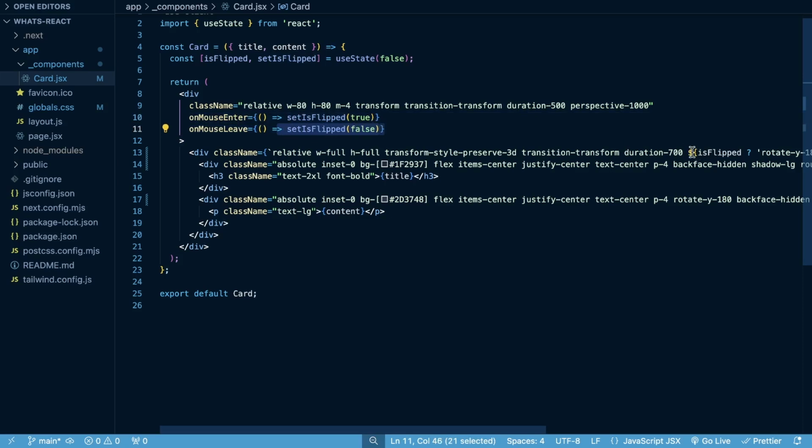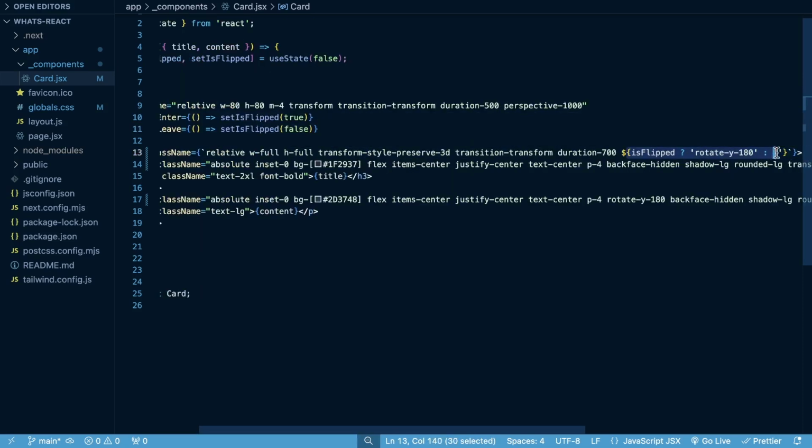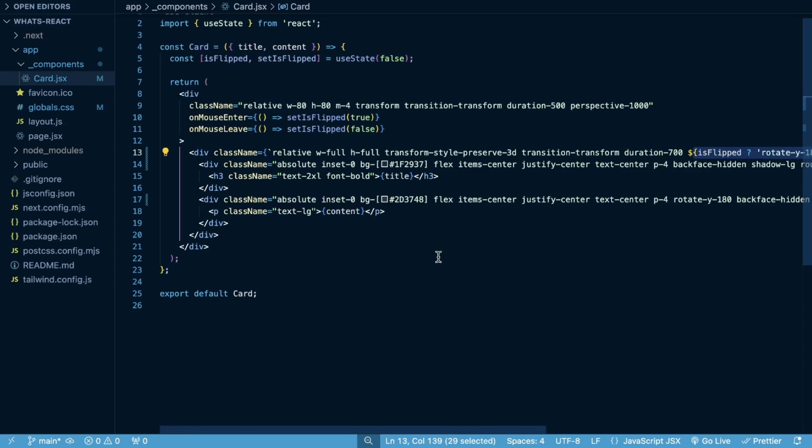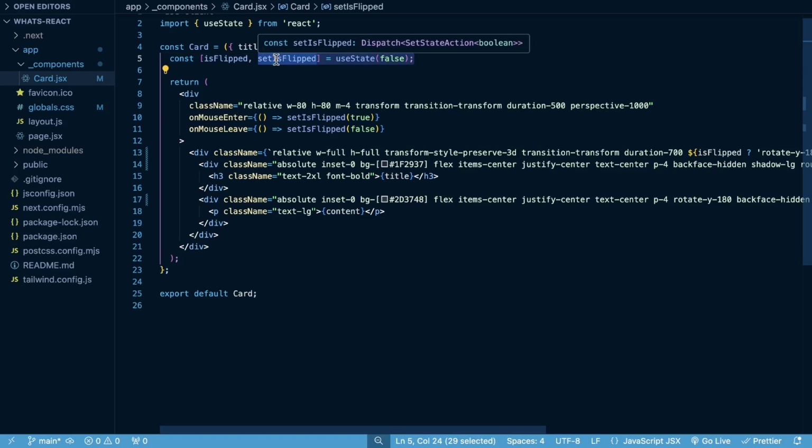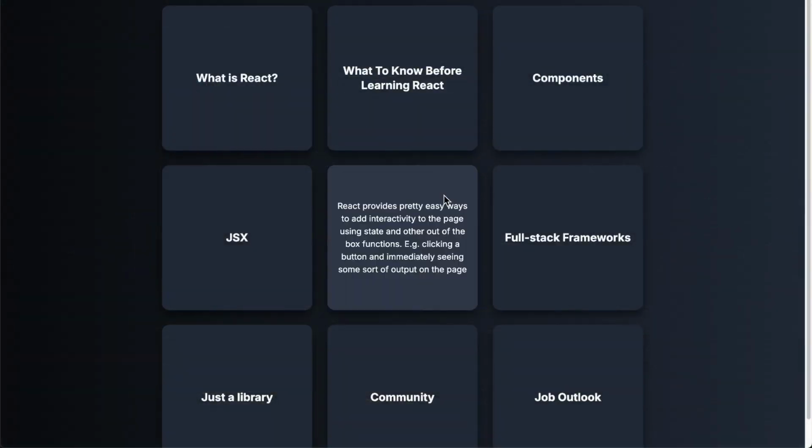And then we're using this logic here within our styles, within our HTML or our JSX right here. So React gives you ways to handle different interactivity within your web pages. And I'll of course have dedicated videos on how state works and how these functions from React actually work. But it provides nice ways to handle interactivity.